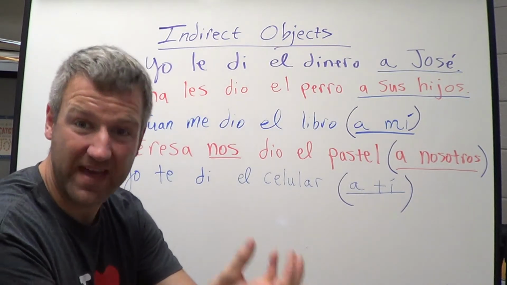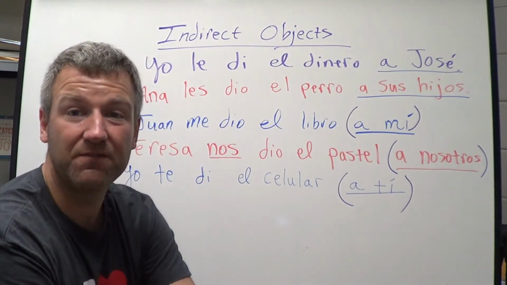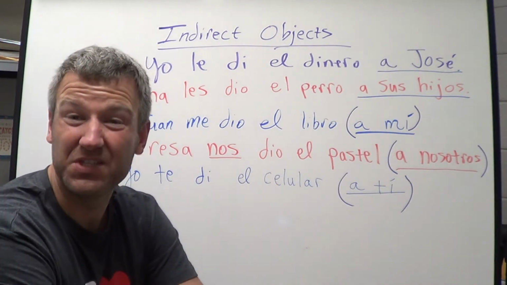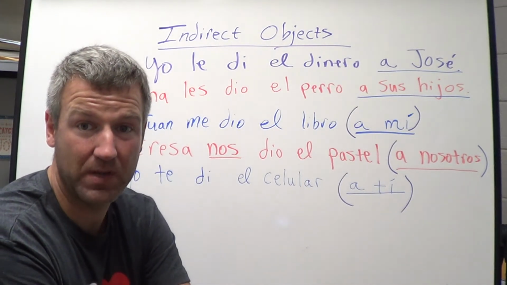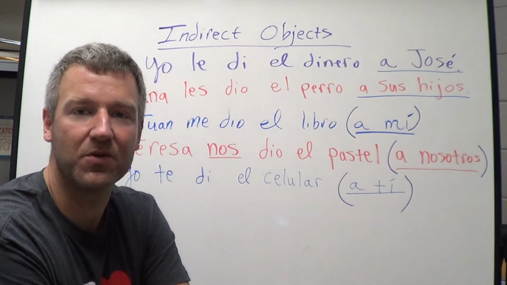It's clear in that pronoun. It's clear who it's referring to. So at the end of those sentences, if you end them with a mí, a ti, or a nosotros, it's just for emphasis. Okay, just for emphasis. So I hope that clears up just a little bit more with your indirect object